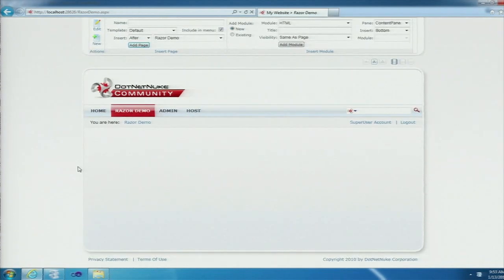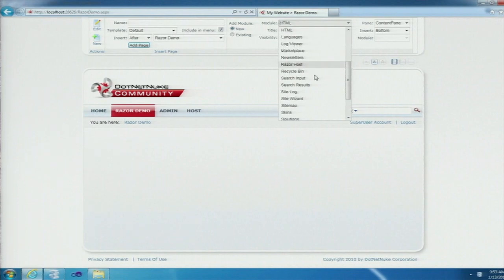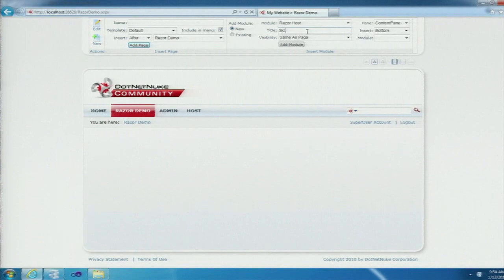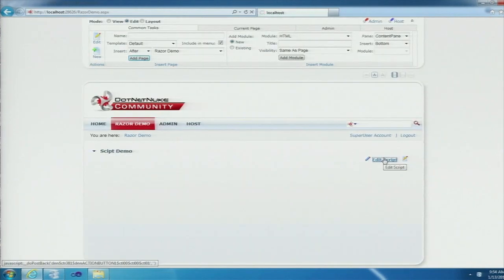The first scenario that we want to cover is a scenario where you have an existing website. Perhaps you're a power user. Perhaps you have some level of scripting capability or scripting skills, and you would like to very quickly add some additional functionality to your website. So what we've created in .NET Nuke is a new module called a Razor Host module. The Razor Host module can be added to a page in .NET Nuke through the control panel. And once it's added to a page, then you can go into the Edit Script area of the module, where you can choose from a variety of different canned scripts that we've provided with our platform, or you can create or modify scripts of your own.